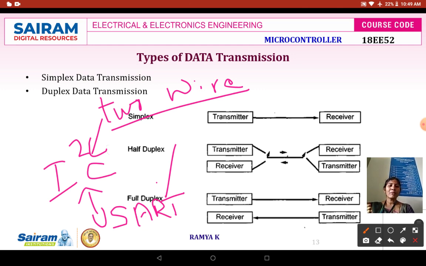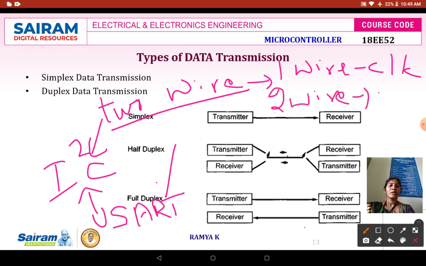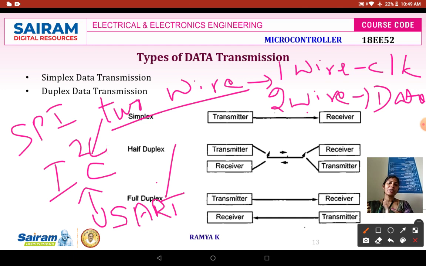Here, as the number of wires is less for transmitting your data, for example here two wires are there, right? So the first wire is meant for your clock pulse, and the second wire is meant to transmit your data. Here data transmission will happen in your second wire, which is nothing but bidirectional. So it is a comparatively advanced protocol when you compare it with your SPI, that is serial peripheral interface. This is another way of transmitting your data from your sending end to the receiving end.